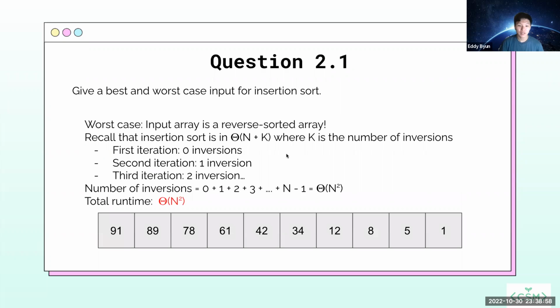In the worst case, our input array is a reverse sorted array. So recall that for insertion sort, the time complexity is big theta of n plus k, where k is the number of inversions. So in this case, our first iteration will get 0 inversions. The second iteration will get 1 inversion, and the third iteration will get 2 inversions, et cetera. So the number of inversions is going to be 0 plus 1 plus 2 plus 3, all the way to